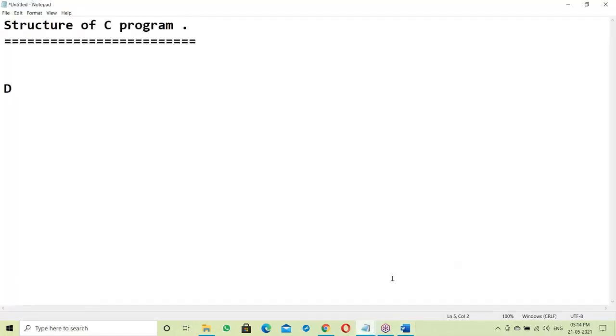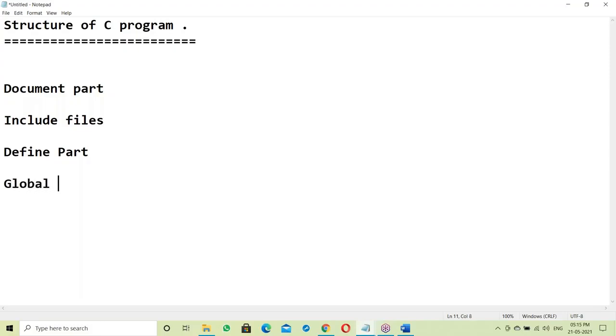What is the structure here? First is the document part. Next is include files. Next is define parts. Next is global variables declaration.